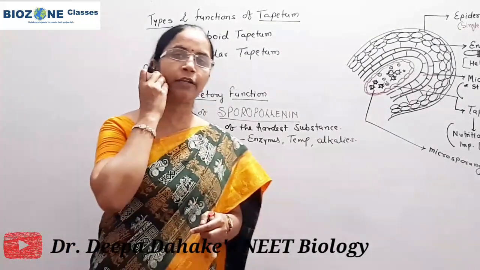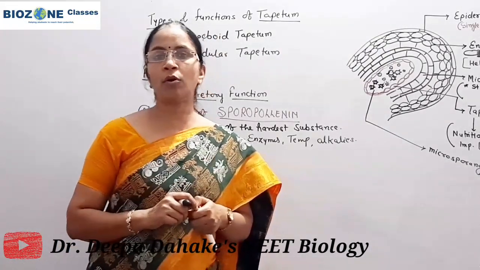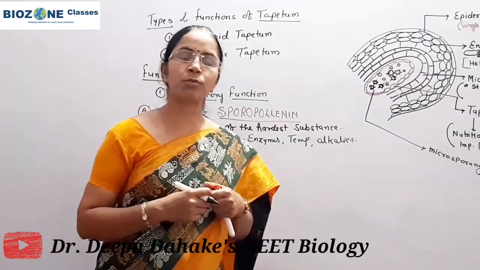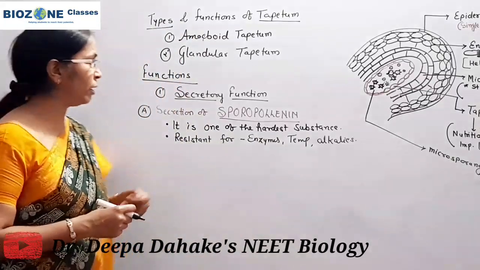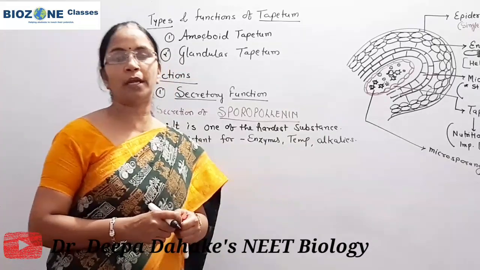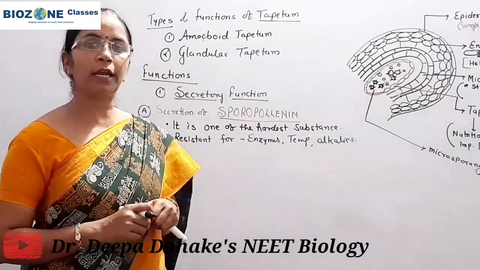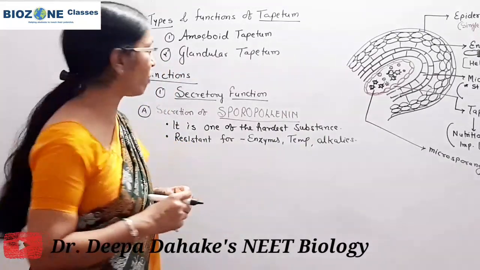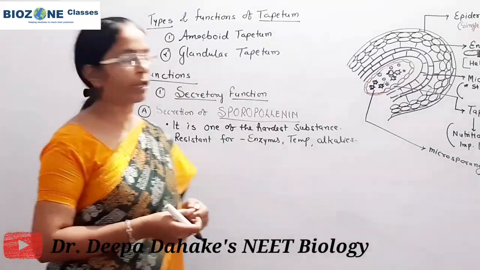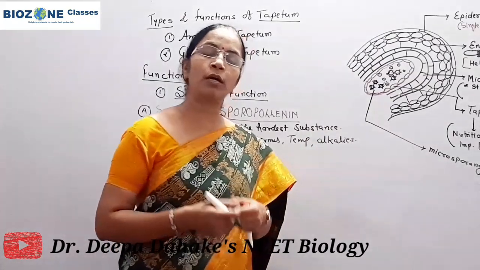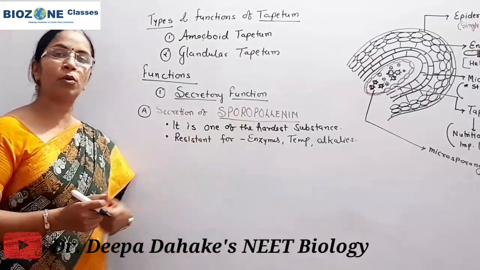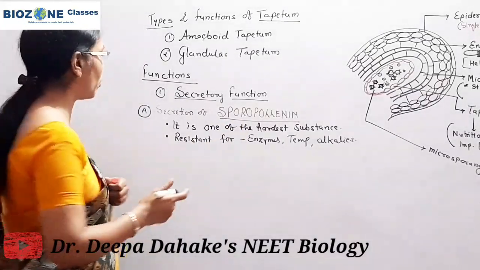Because of that, the pollen grains or microspores are not destroyed under the stressful conditions of the environment. This sporopollenin part, in NCERT you study under the topic pollen grain development or male gametophyte development. The extra outgrowth of pollen grains or microspores generally shows spiny outgrowth, and that spiny outgrowth appears because of the deposition of sporopollenin.